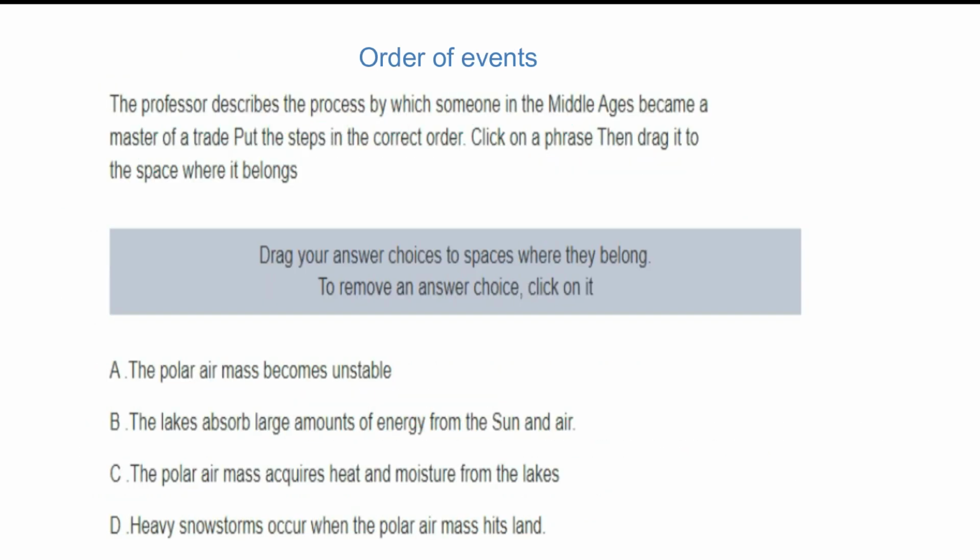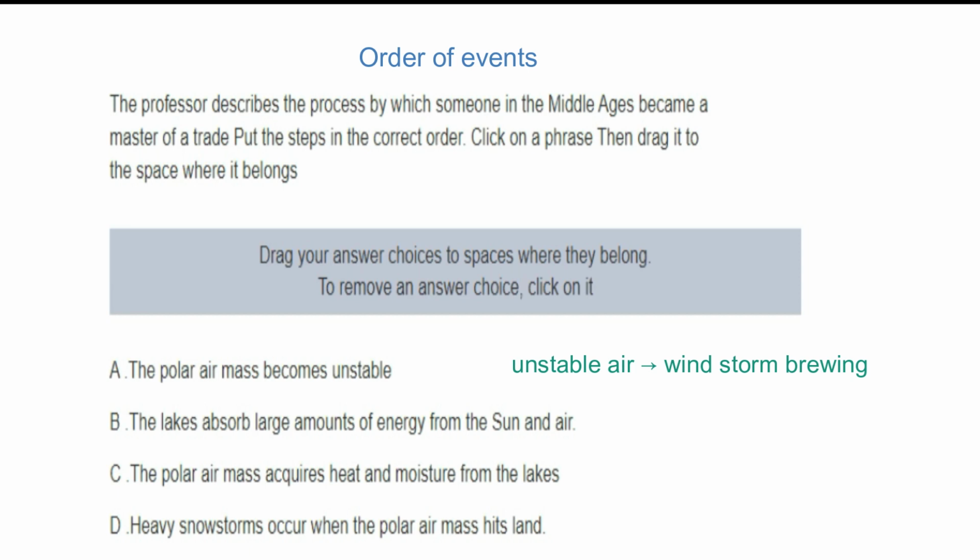D asks for the order of events. For this type, you can think of the logical sequence without even relying on the lecture. The strategy for this type of question is similar to the ones that you can find in the sentence insertion question in my TOEFL reading course. A says that air becomes unstable. Unstable air implies that air will be moving or a windstorm is brewing.